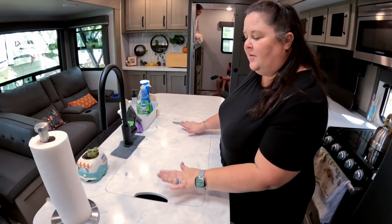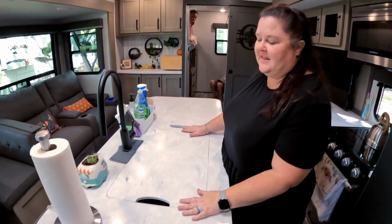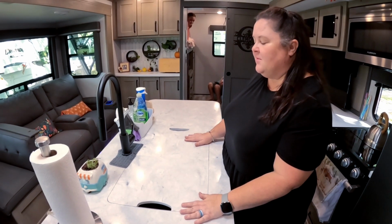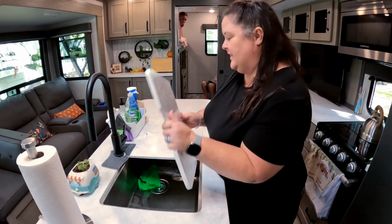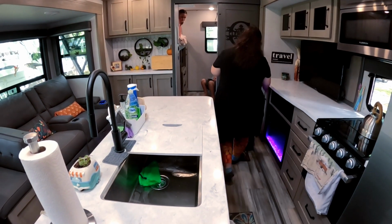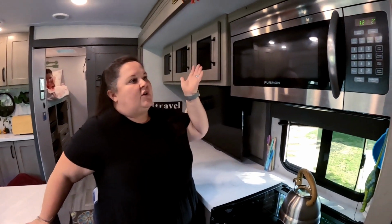And our unit came with these great, I don't know, sink toppers, and they're really pretty. I use them when we're moving, and then I promptly take them off and put them away. That's our scrub brush, by the way. All right, we have your basic microwave,